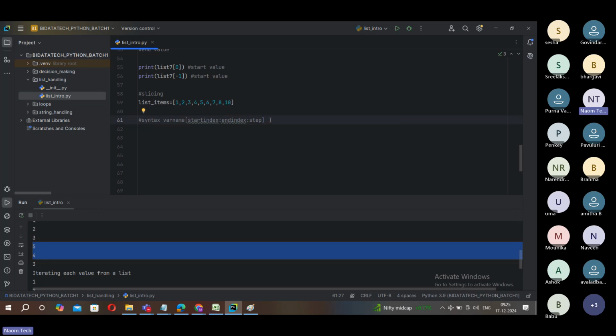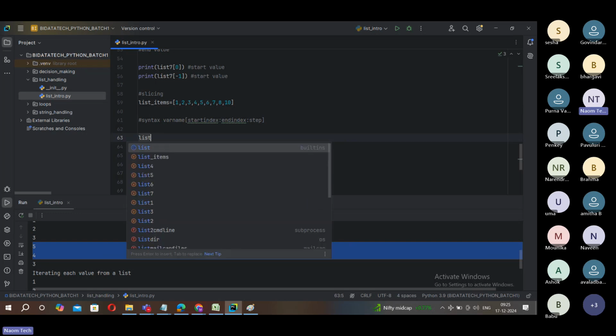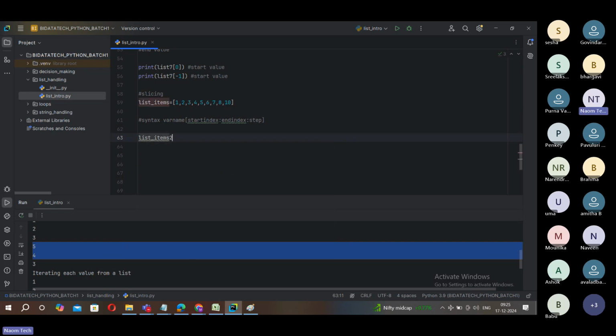Let's do some scenarios. Let's apply some use cases that give you the detail. Suppose, how can we apply slicing here? Suppose I want to get the first three numbers. You know how to do this now. Simply you can apply slicing, print some list items. This is again a substring here, okay? List items 2 equal to,